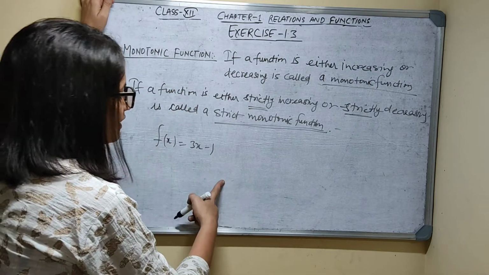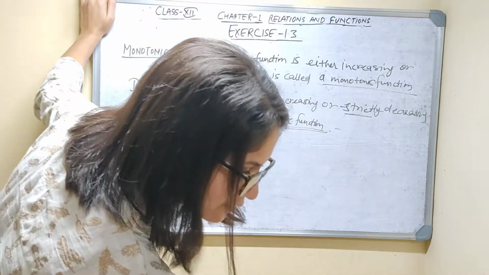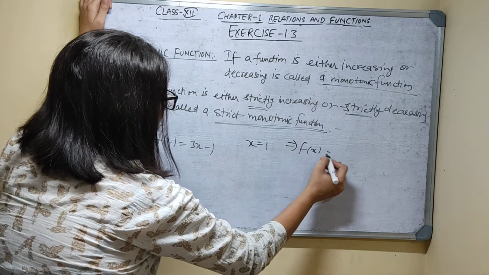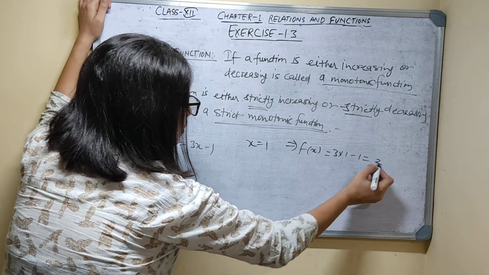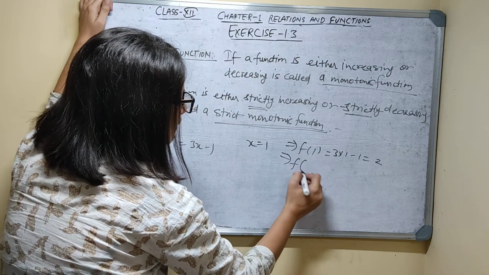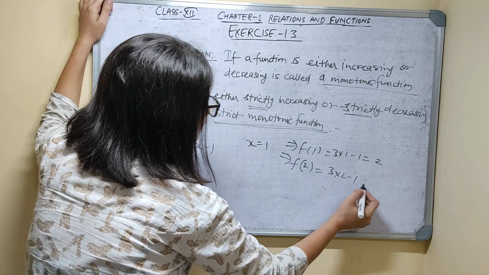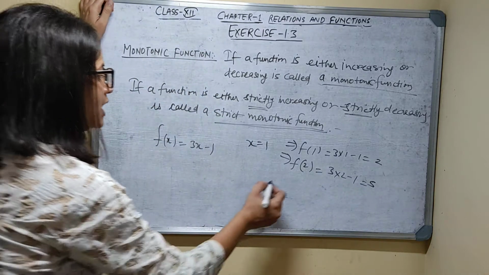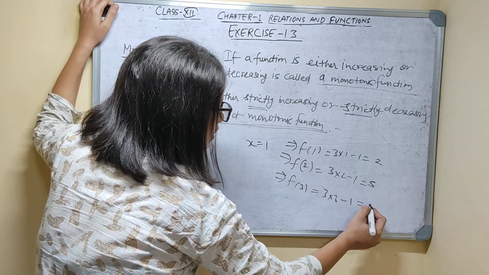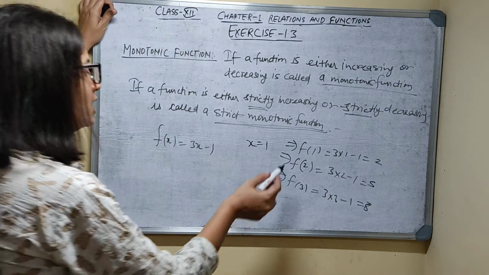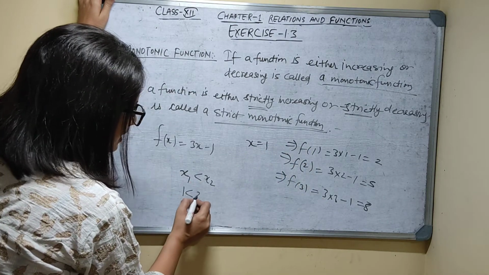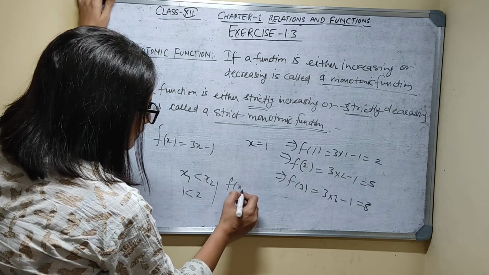Strictly increasing or increasing? First we will put values. Let's put x is equal to 1. You will get f of x what? 3 into 1 minus 1, that is 2. If we put f of 2, it will be 3 into 2 minus 1, that is 5. If we put f of 3, you will get 3 into 3 minus 1 is equal to 8. So if x1 is less than x2, means 1 is less than 2, then f of x1 is also